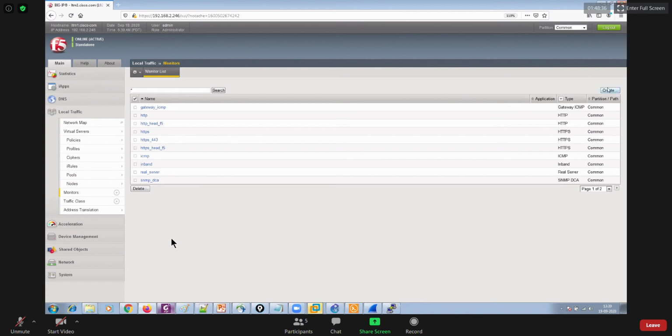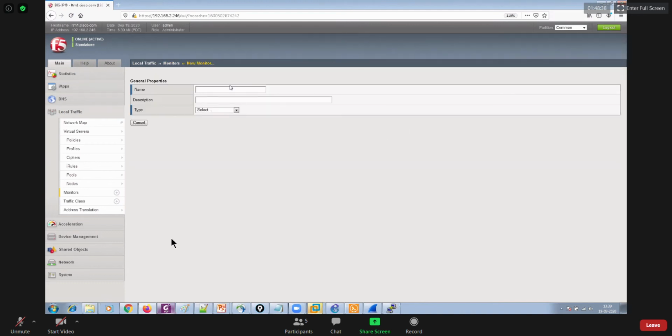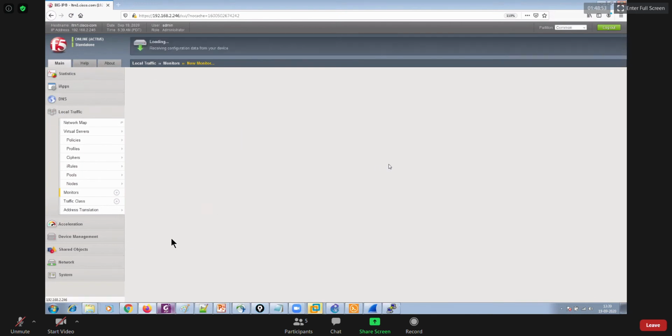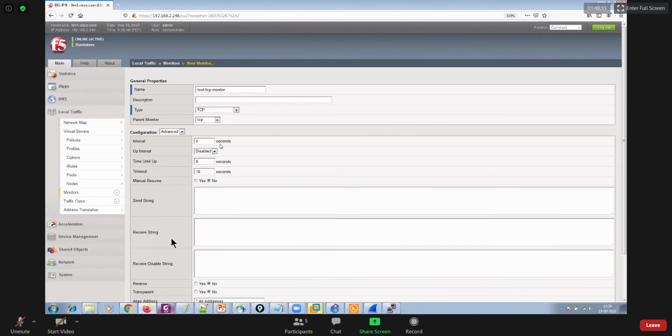So go ahead, create one, like test TCP monitor. Select TCP over here. In every 5 seconds, you can change this timer as well.